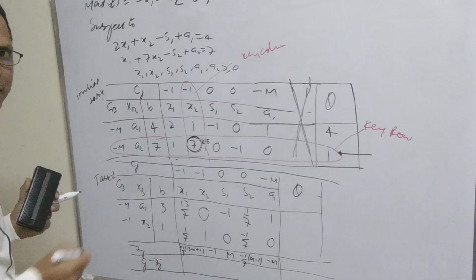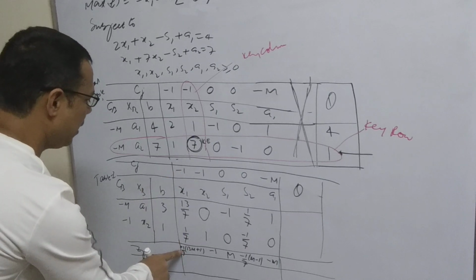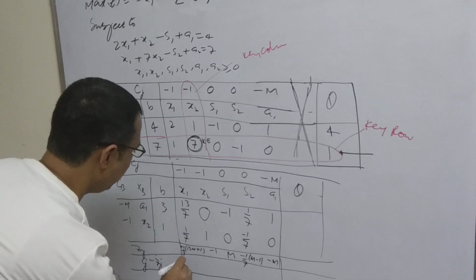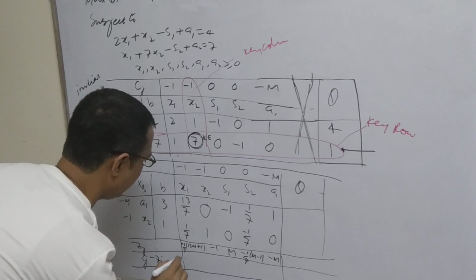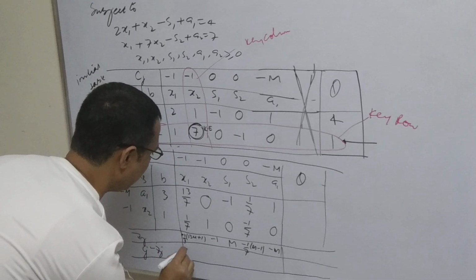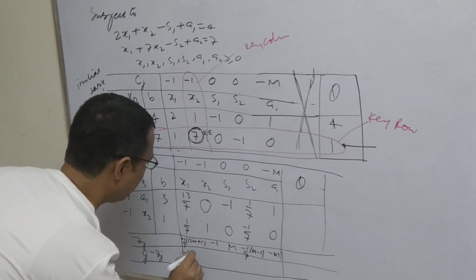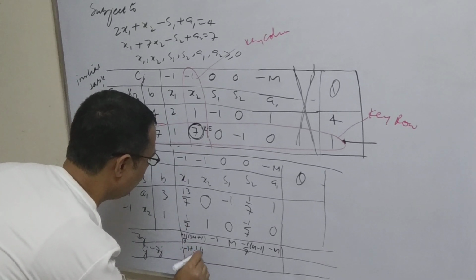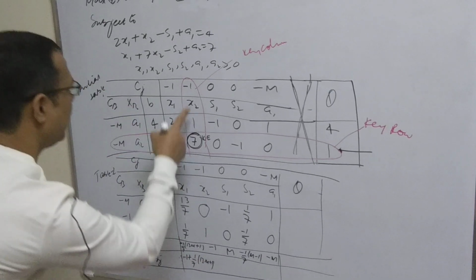to enter into the basis. So in Cj minus Zj, it means Cj already minus 1 and minus this value. So minus 1 minus, just write, because this value must be very clear, minus 1 minus 1 plus 1 by 7 into 13m plus 1, this term. Now here minus 1,